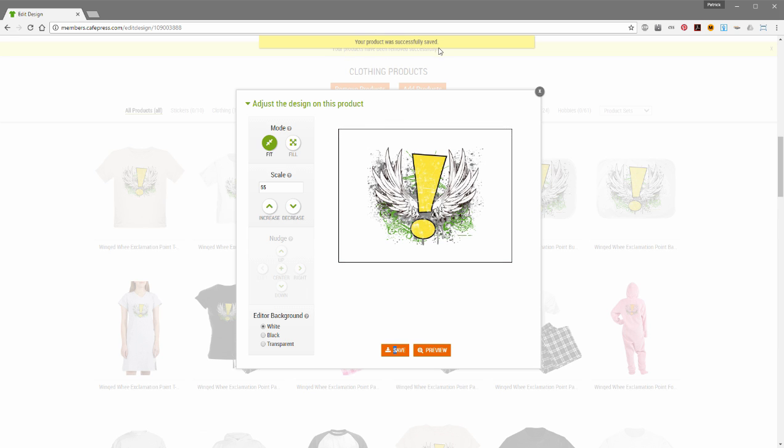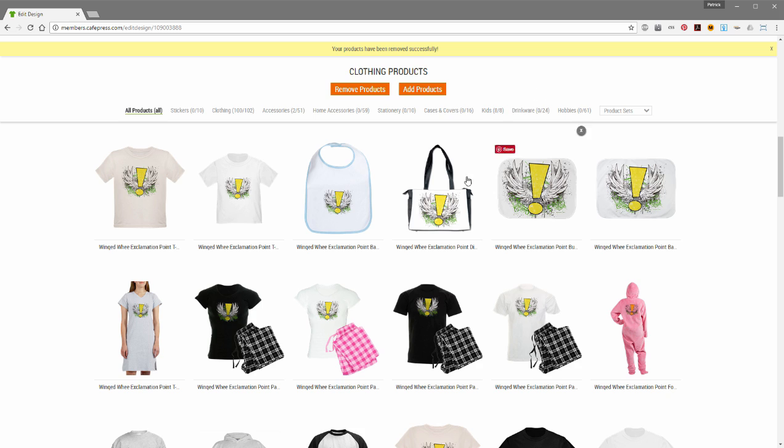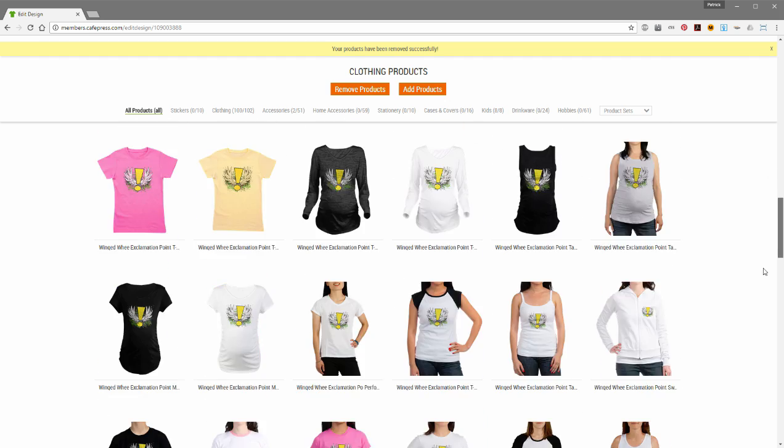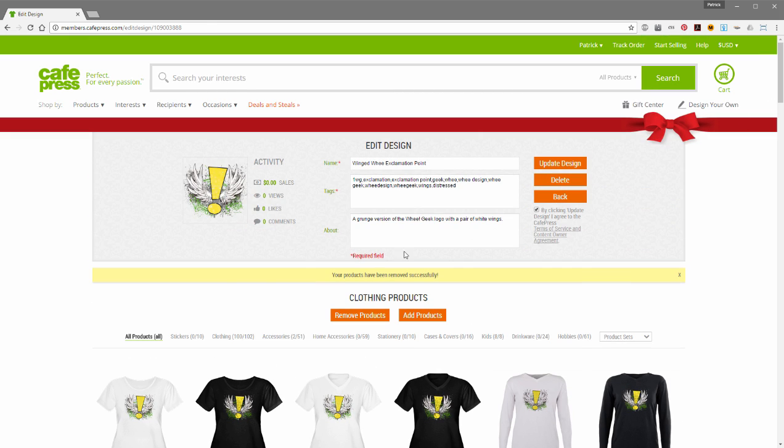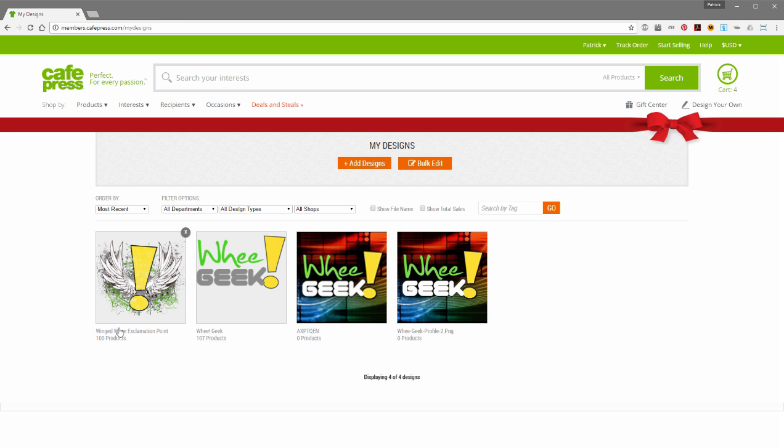You'll see your product was successfully saved up here, this little yellow pop-up. And then you just close this box. Now you see it's a little bit smaller, there's a little more white space around there. So I like that better. Everything else I'm going to leave the same, and now this is ready to go. So I just click my back button here. It takes me back to this page, which shows the number of products that I have created for that design. And once the design goes through the CafePress content usage policy approval process, it'll be live and ready to sell to your customers. And one way to find out if that's happened is if you click on the design,